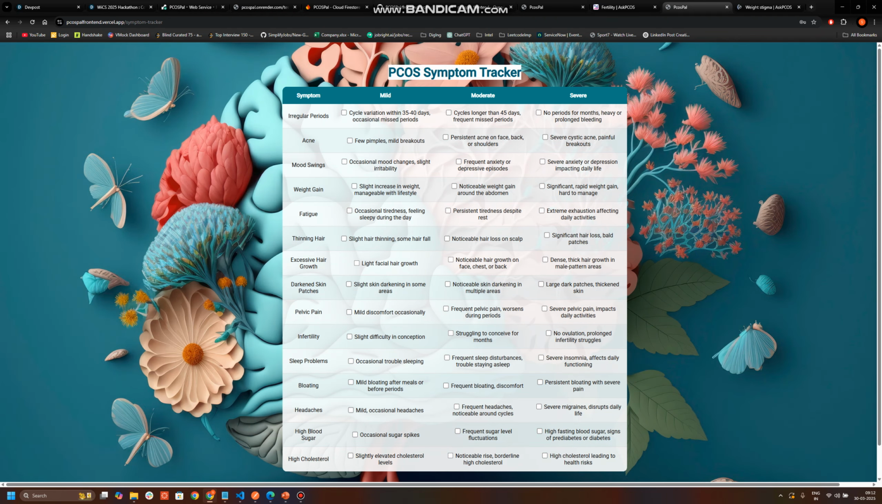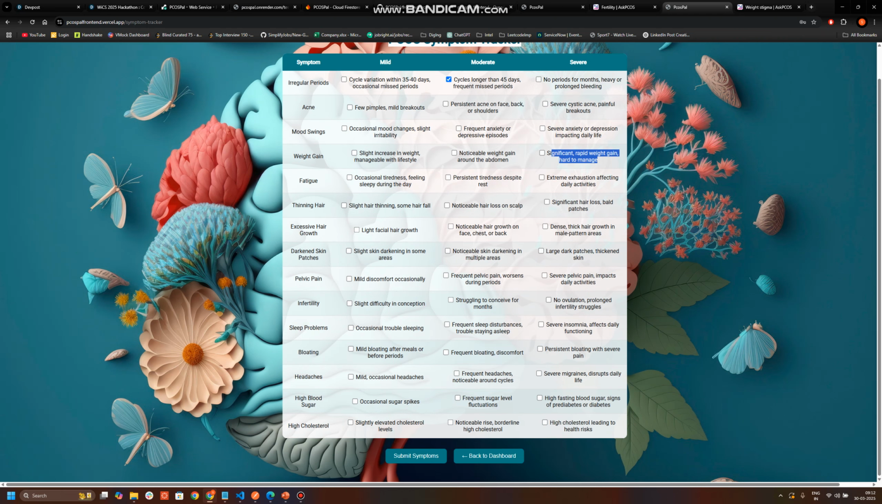So this is our symptoms list, and the severity is not simply mild, moderate, and severe. We are explaining what is called mild, what is called moderate, and what is severe. Let's take a use case where our user is facing some symptoms. Let's go with irregular periods, moderate, severe anxiety, fatigue, and mild headaches. We will be submitting it,